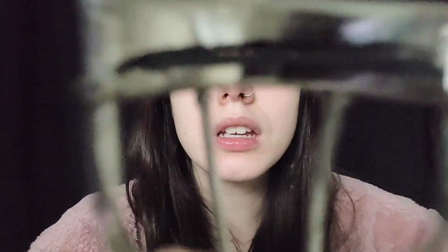Okay, so next we're gonna work on your lashes. So I have this eyelash curler, and we're just gonna gently curl your eyelashes. There. And then I have this Too Faced Better Than Sex mascara. Yeah, I feel like it's okay. I mean, it gets the job done. I feel like it was very hyped up for a while there, and I got it because it was on sale, but I don't know. It's just